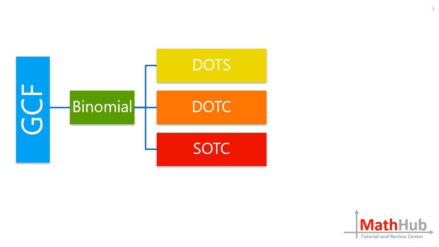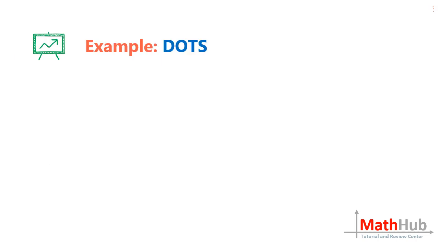DOTS means difference of two squares. So like that: A squared minus B squared equals A minus B times A plus B. So what is that saying? It's like I am simply removing the exponents too. So I have A minus B, right? So that will be my factor over here. And then for the other factor, I just turn subtraction into addition.